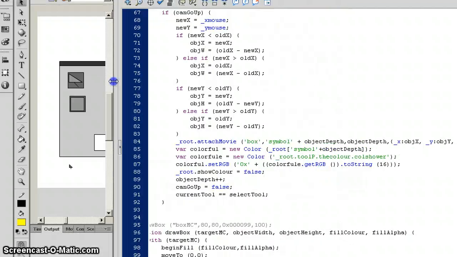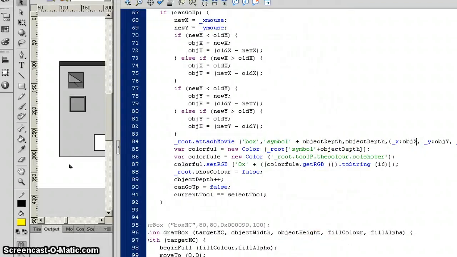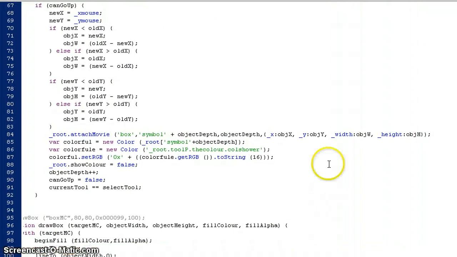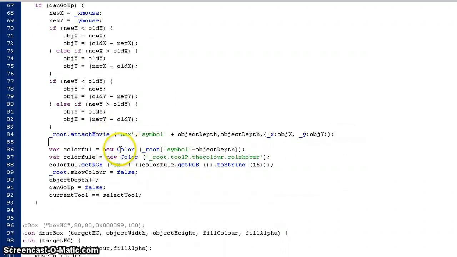We just set the x and y values. We don't deal with object width and object height, so take out object width and object height, and underneath we'll say root dot symbol plus object depth